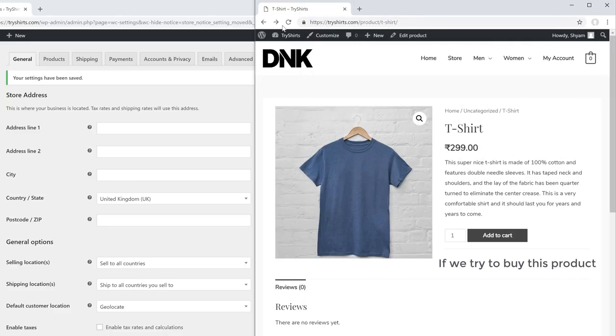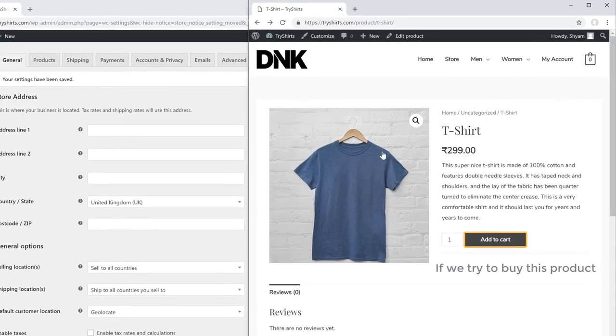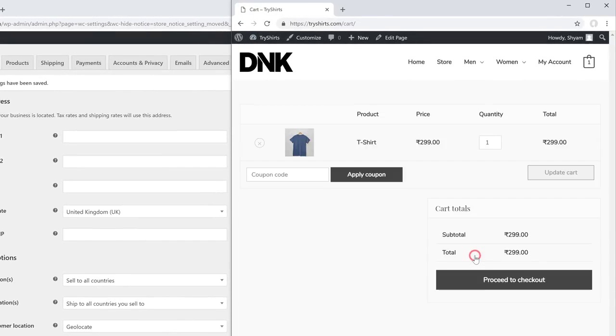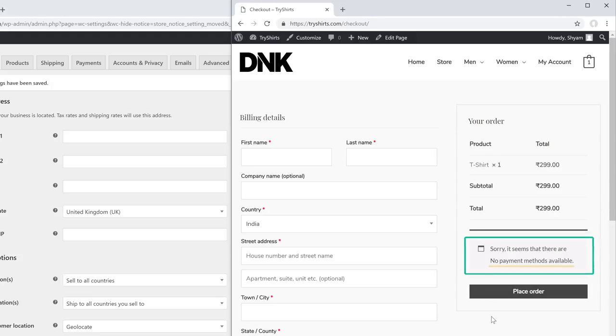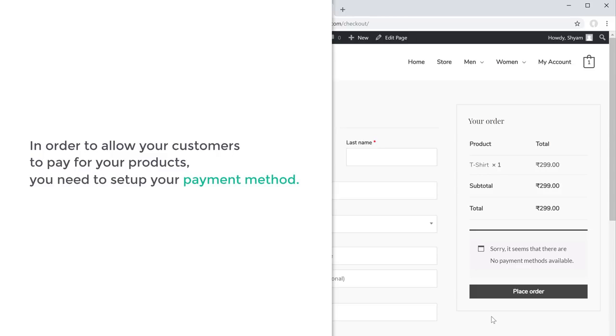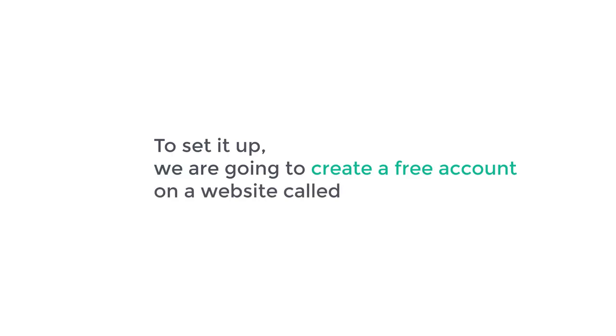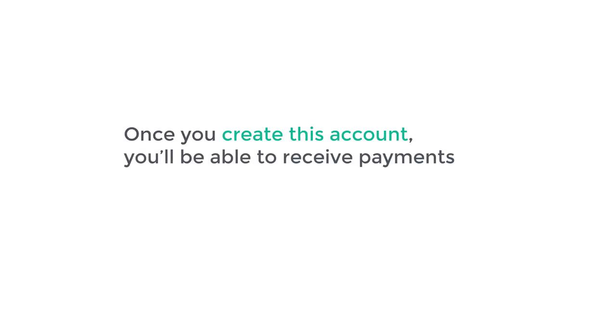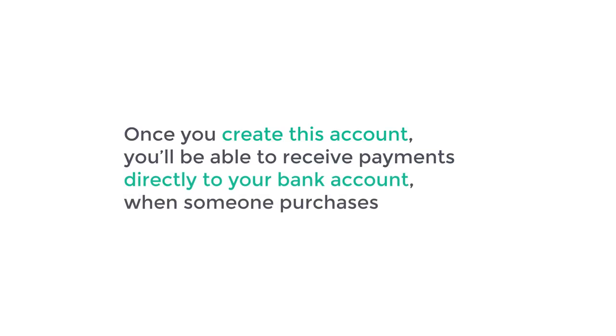Now, if we try to buy this product by clicking Add to Cart, and then click Proceed to Checkout, you can see that it says no payment methods are available. So in order to allow your customers to pay for your products, you need to set up your payment method. So to set it up, we are going to create a free account on a website called InstaMojo. So once you create this account, you'll be able to receive payments directly to your bank account when someone purchases